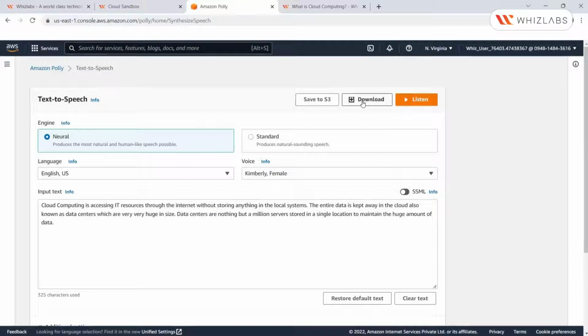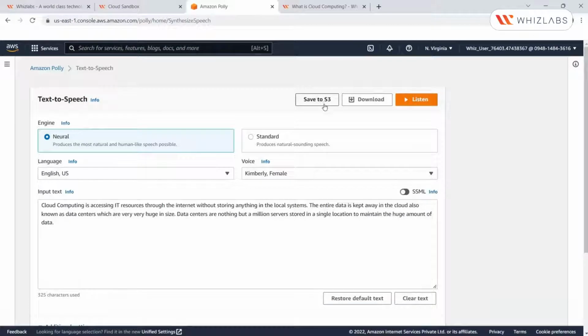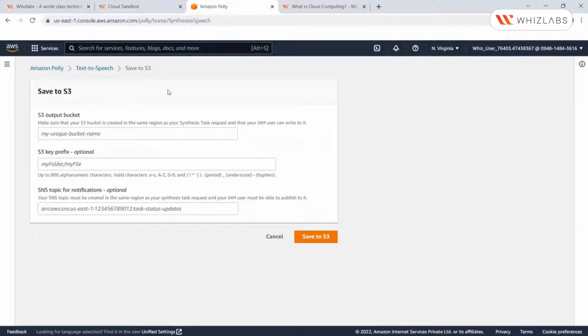So now let's say we have converted this to speech. You can even download the MP3 file. All you need to do is click on download and it will get downloaded. As you can see, the MP3 file has been downloaded. Here we have another option, that is to save to S3. Once we have converted the text into speech, we can save the MP3 file